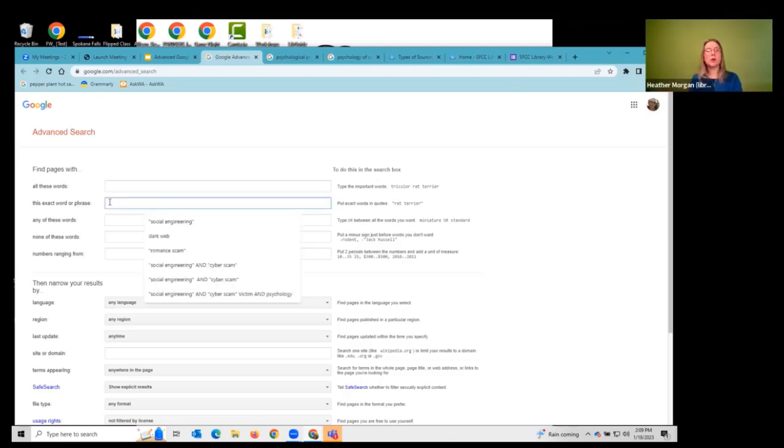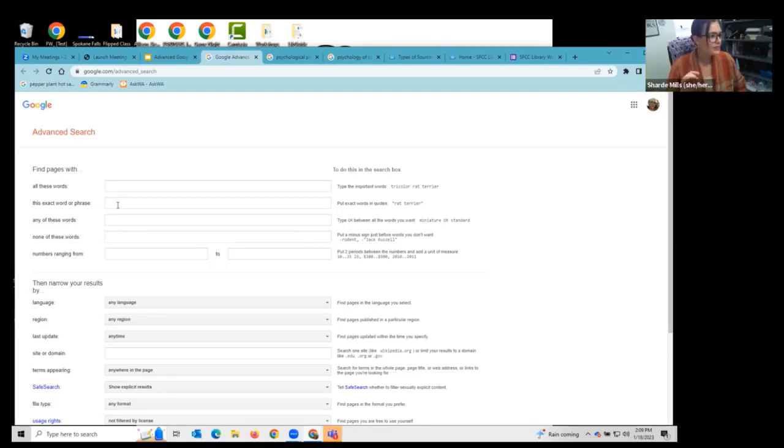And that's typically what the single box in Google is, when you usually go to google.com, that single box is all these words. That's what it defaults to. This exact word or phrase: you can use the quotes throughout any of these examples, but if you did have a phrase, this is definitely where you want to use the quotes to come up with that one thought or one idea. Any of these words means we're casting a little bit of a wider net to get search results back.